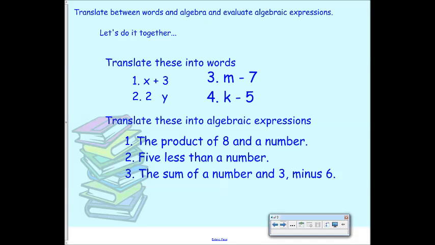X plus 3. What else could you say? X added to 3. The sum of x and 3. Are any of those wrong? No, those are all right. Does it matter which one you use? No. By all means, if you want to just say x plus 3, say x plus 3. Make it easy on yourself. We're going to do plenty of things that are hard and you cannot make easy, so make the easy stuff as easy as you want, okay? All right, what about